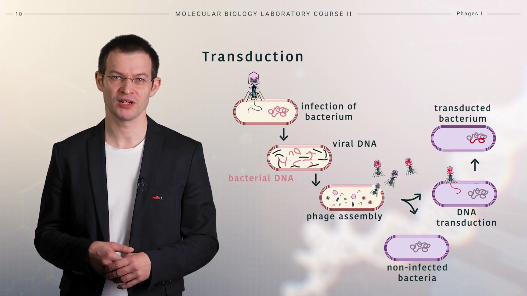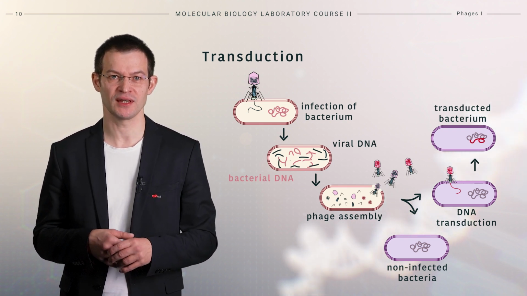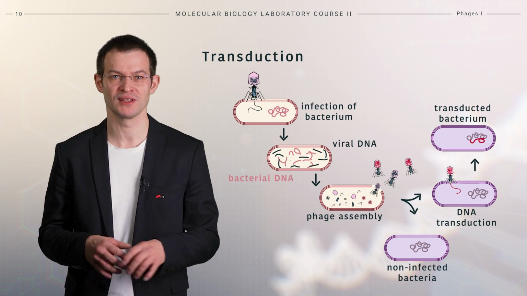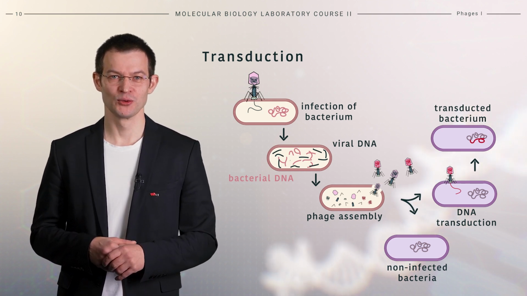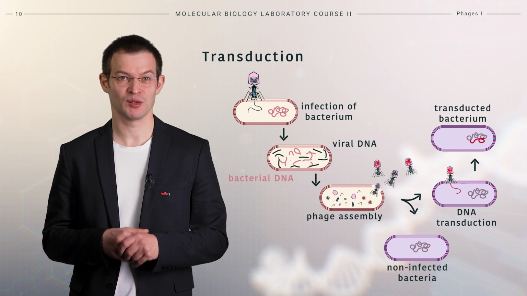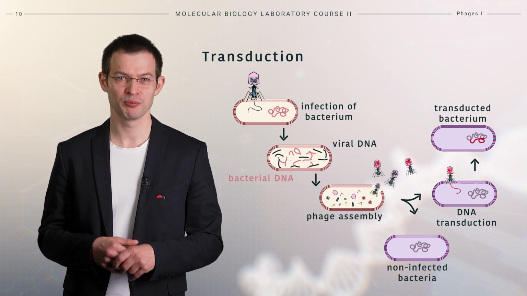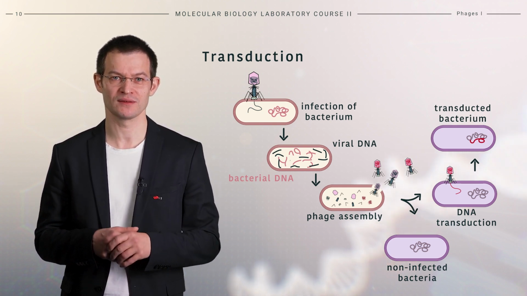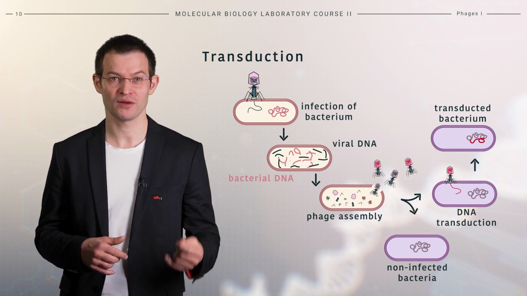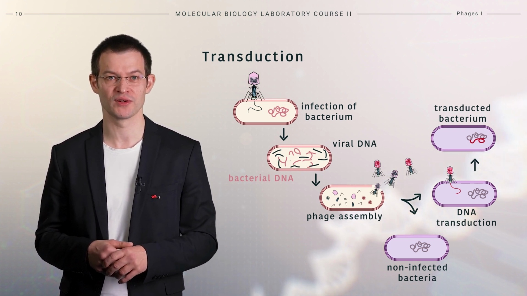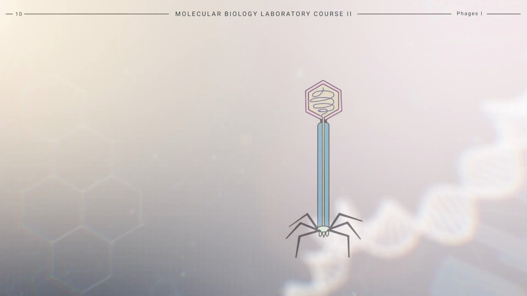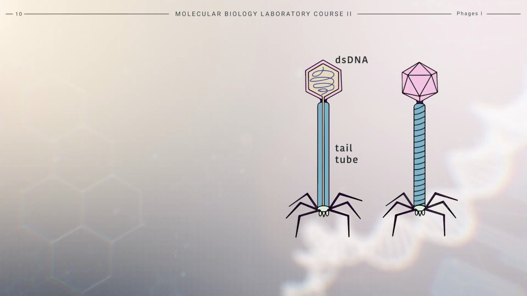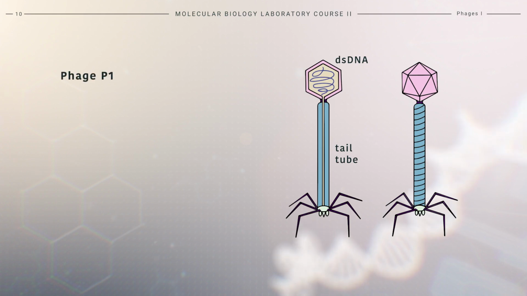The property of phages is used in genetic engineering for the transfer of DNA segments. By including a selection marker, such as an antibiotic resistance gene, only bacteria that successfully integrate the desired DNA through homologous recombination will survive during selection. An example of a phage that is frequently used in such experiments is the Enterobacteria phage P1.